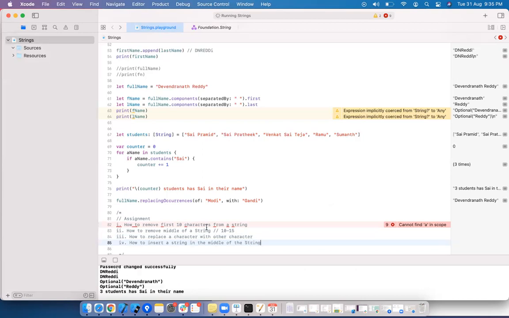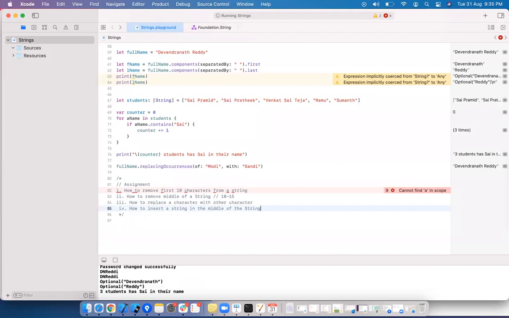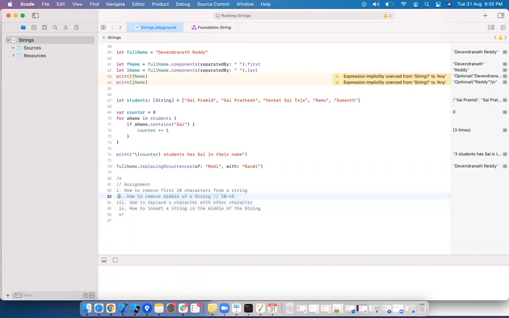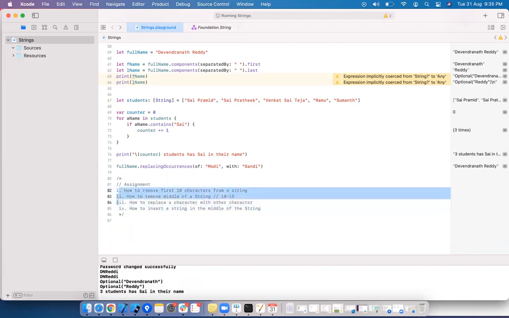These are the assignments you guys can perform. This method we have not seen intentionally, but you can check. Even these 4 methods we haven't seen in the previous class. You have to play with the ranges. You need to pass the range. To pass the range, you need to construct a range object and pass that, and you get the result.